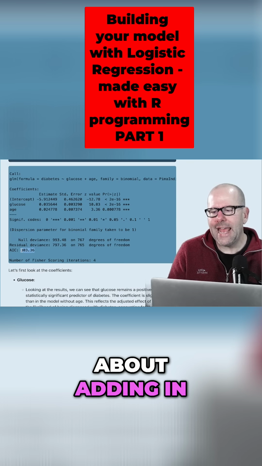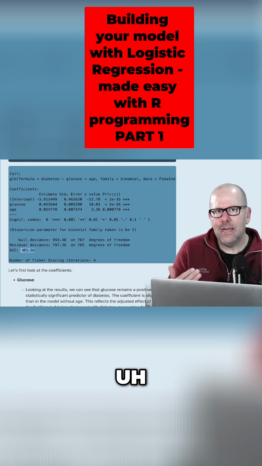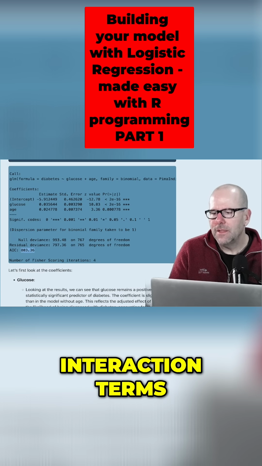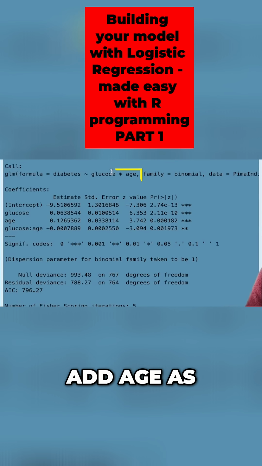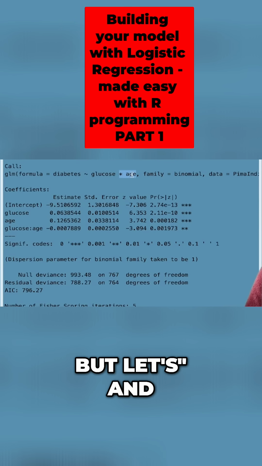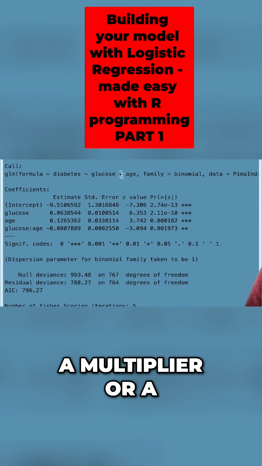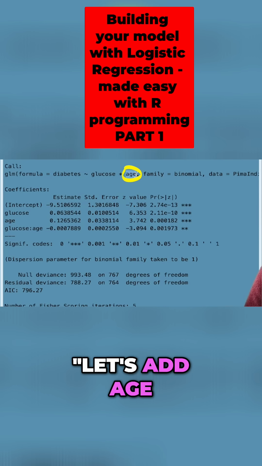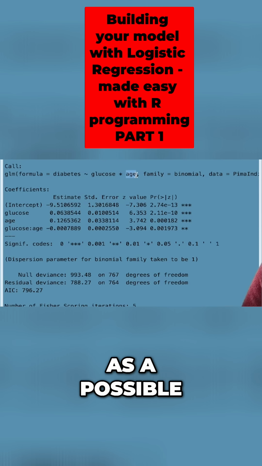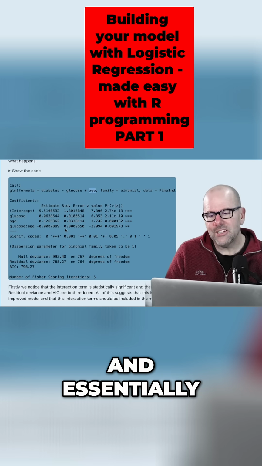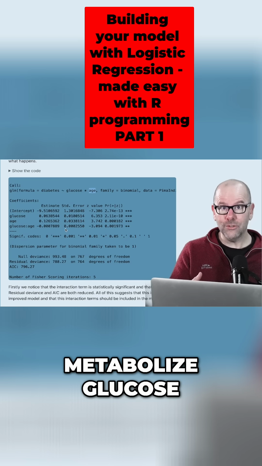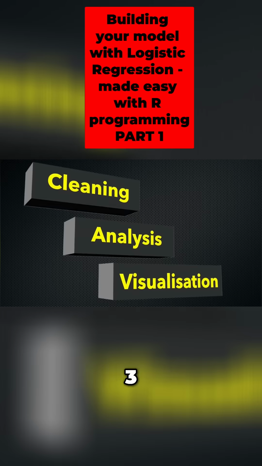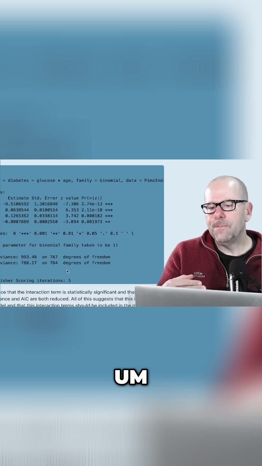Okay, so that's interesting. So we can add in a variable. We've also talked about adding in interaction terms. So here in effect modifiers, we said, look, let's not just add age as a single variable, but let's, in here you put a multiply or a star sign instead of a plus. Let's add age as a possible effect modifier. And essentially the effect modifier here sort of says, well, as you get older, the way you metabolize glucose changes. Distribution, interaction terms, and